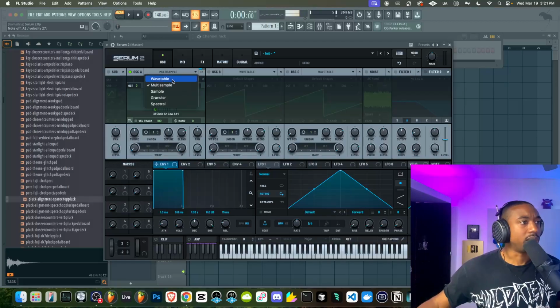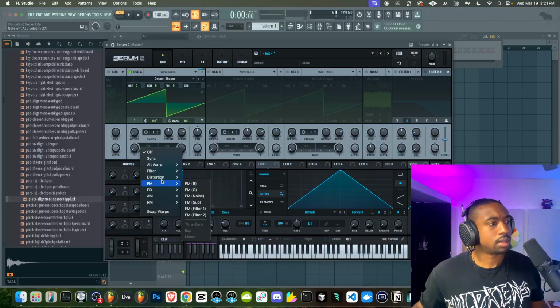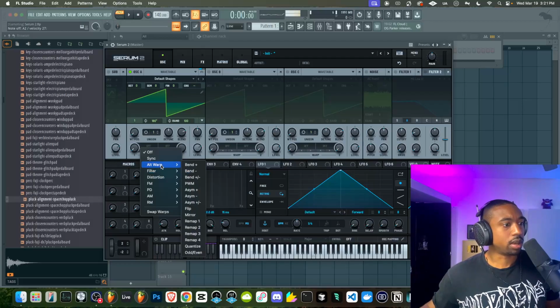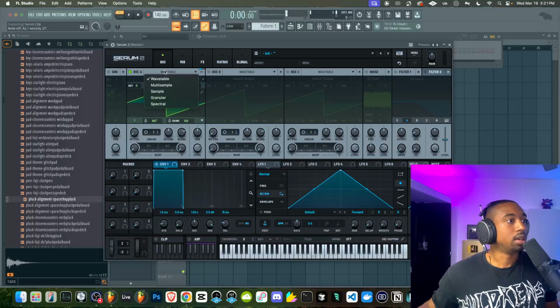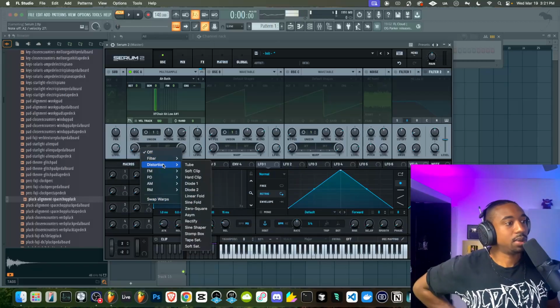Let me switch it back to a wavetable, see which category that would be under. It should be under distortion. Where is quantize mode? Okay, it's under alternative warp. That's why. So if we go to here, we don't have the miscellaneous. So in this case, we can't do what I wanted to do.